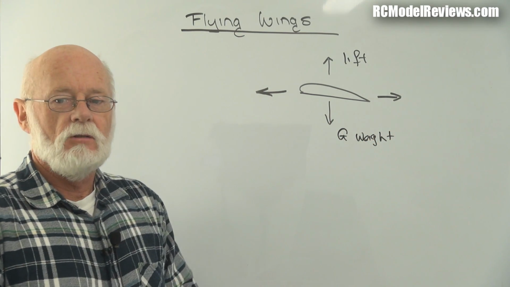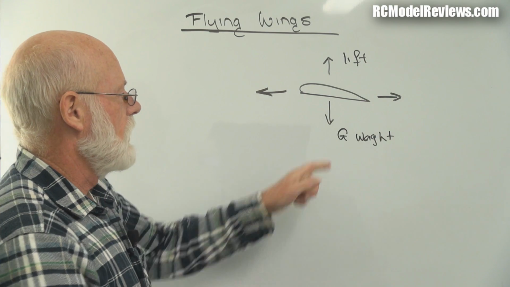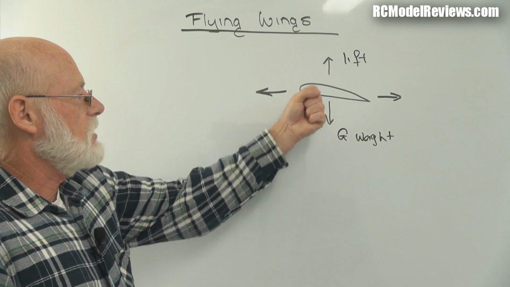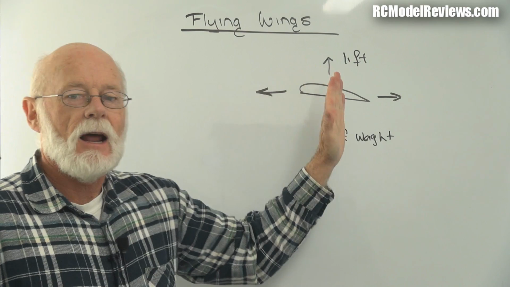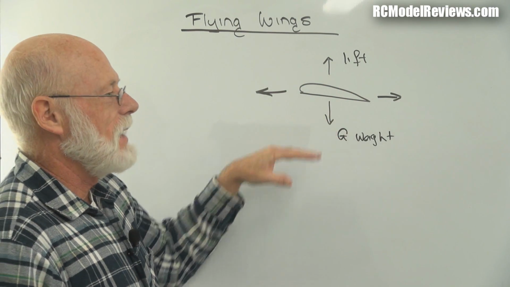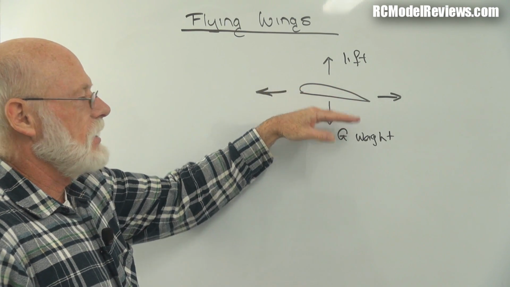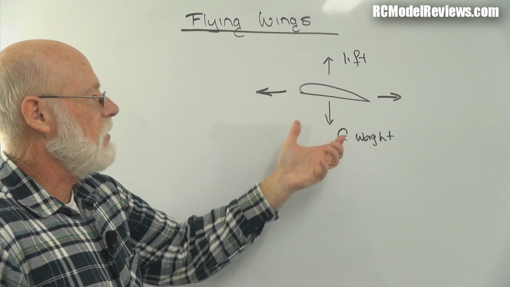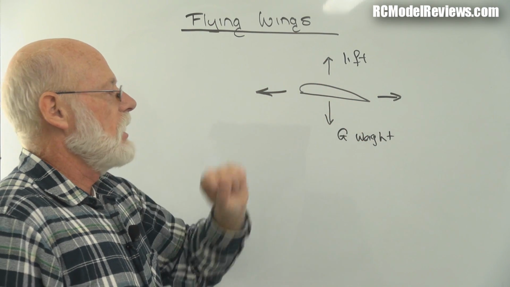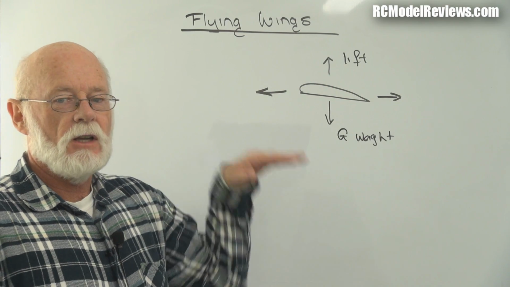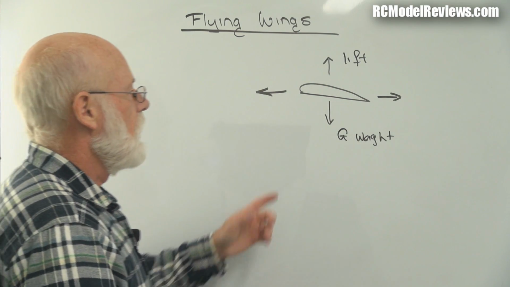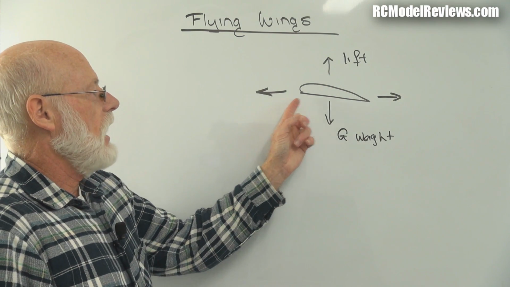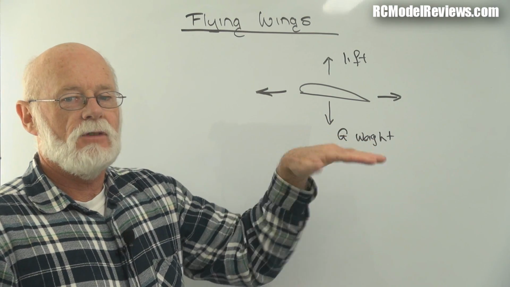Weight is an interaction between gravity and mass, so we'll just call it gravity. So gravity's pulling it down and lift is trying to keep it up. So you reach a point where the two balance and you'll actually get a slight descent. In the case of a glider, it'll come down slowly. In the case of a powered aircraft, the lift will match the force of gravity and you'll fly straight and level if you want to. Simple as that. Now, obviously, we also have a force that's trying to stop our aircraft from traveling through the